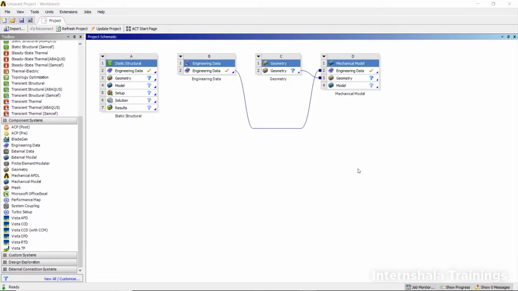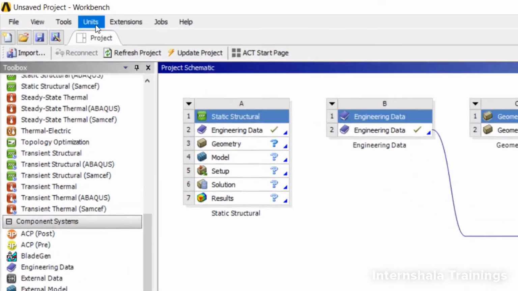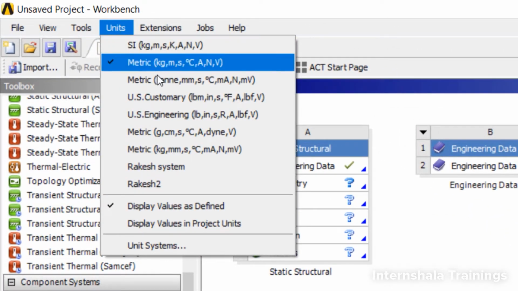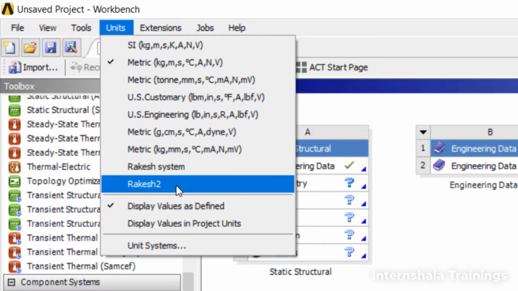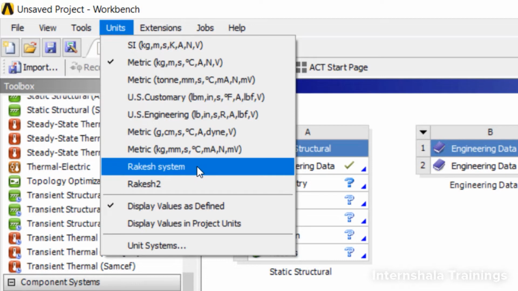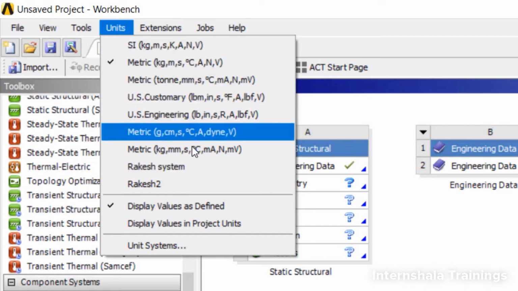So in this lecture we are going to see how we can access the units options inside ANSYS Workbench. For example, if you want to access the units that are predefined inside ANSYS Workbench, then you can just click on units, and here you are going to get access to all the units that are available by default inside Workbench. These two are not present in ANSYS Workbench by default, but I have added these two units using the custom unit manager, and I have asked these two units also to be displayed in this particular group.